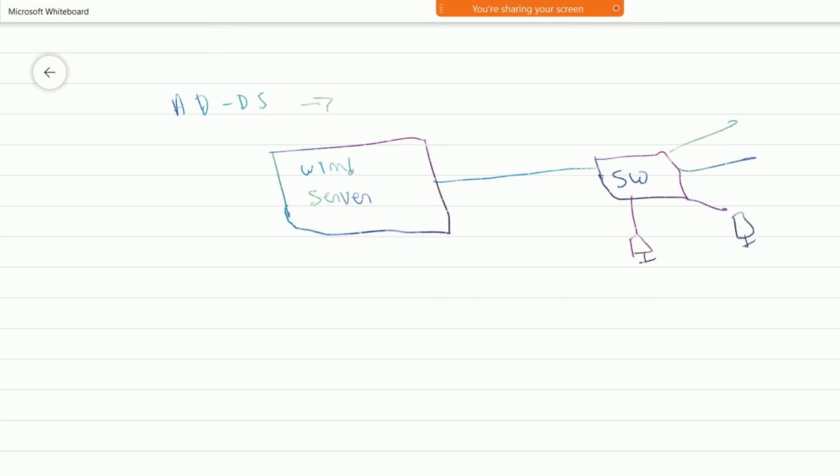Let me draw the scenario. Suppose this is user A, this is user B, this is user C, and this is user D. With the Active Directory domain service, we can give access regarding internet. Suppose this user requires internet. We can allow the internet access using the Active Directory domain service by using two things, that we call